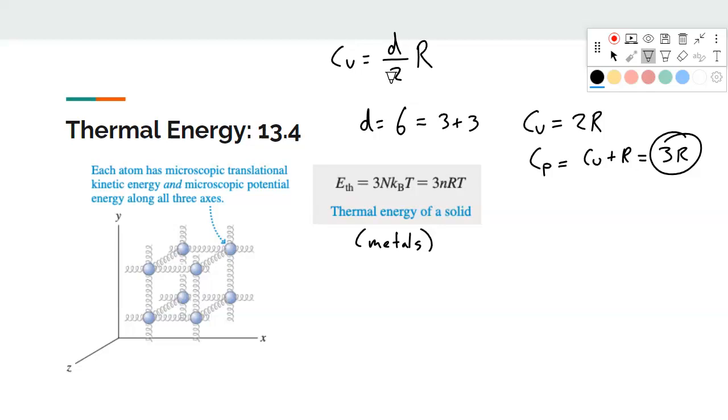And for solid objects, that's also true. And so when we're trying to decide which heat capacity to use, I'll just note that for solids or liquids, we'll want to use the constant pressure heat capacity. And so when we then just do nCT, we get the thermal energy for a metal. And it's, again, just a function of how much metal we have, how many moles, and what the temperature of the metal is. So it's a really nice relationship. Yeah. It's 2R and not 3R. 6